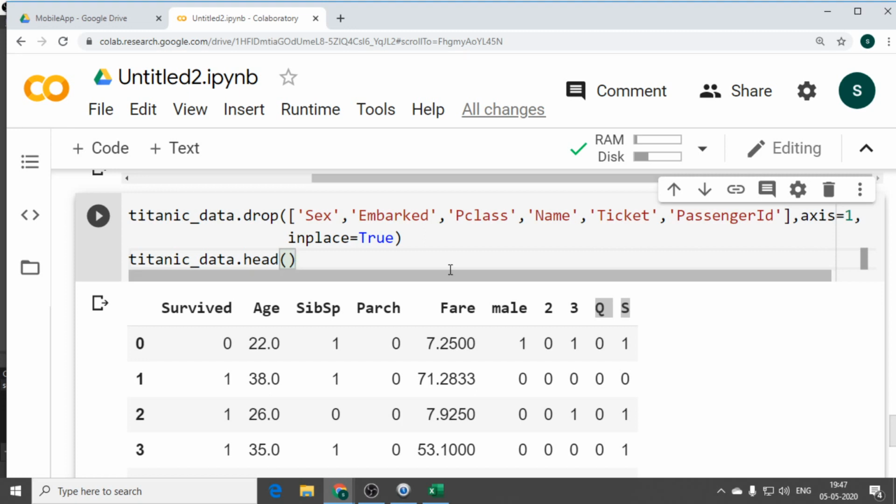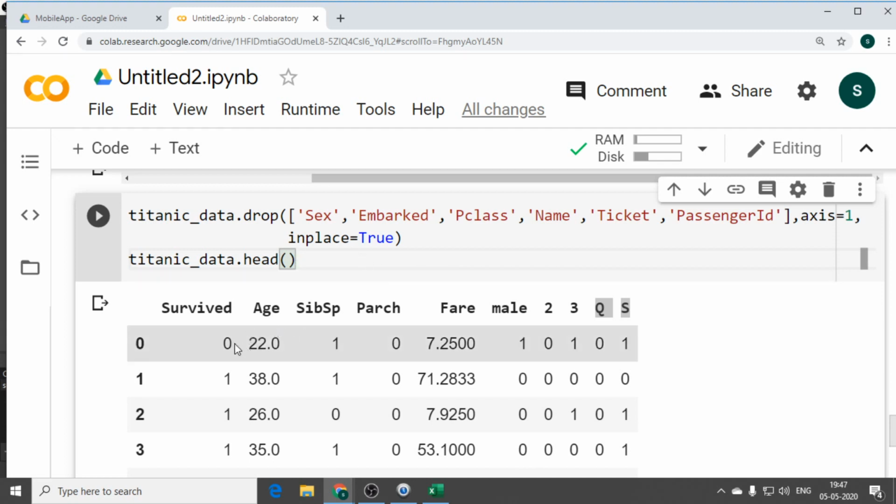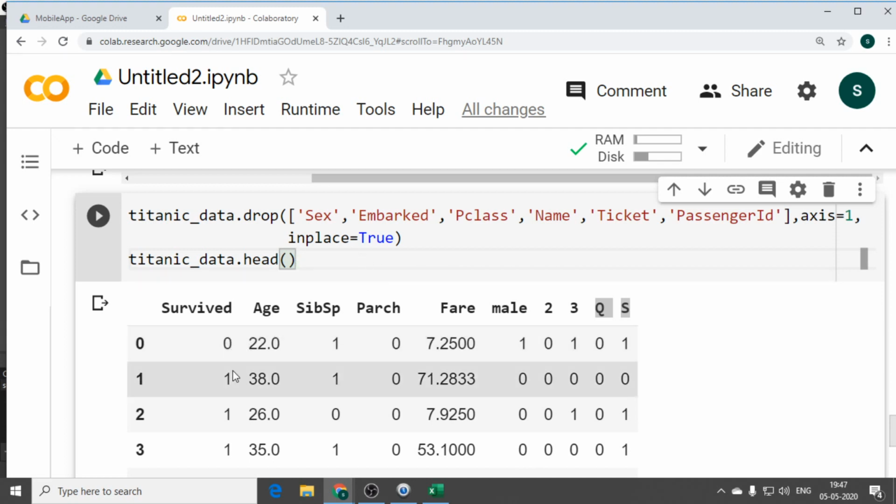Yes, is it done? Then we can go for giving the machine learning model input, where I can set my x and y. Then I can go for calling the classifier. I'll use my simple logistic classifier because that is a binary classification, where I have survived or not survived. Survived 0 in the sense they are dead. Survived 1, they are alive.